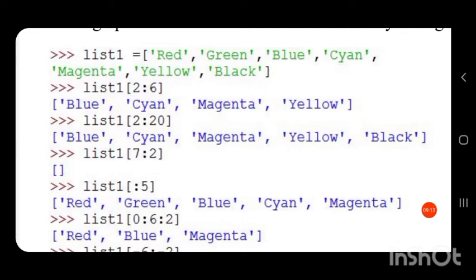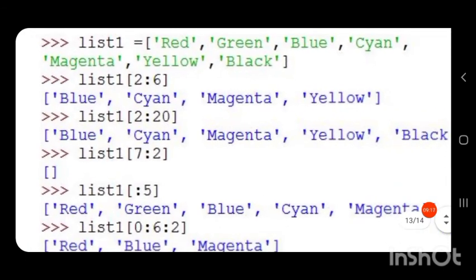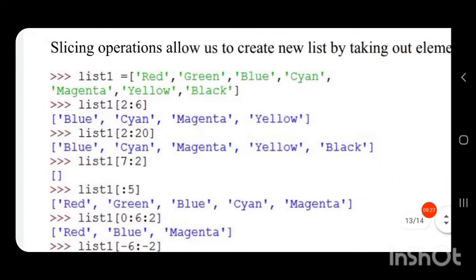After 6 no values are there. So if we give out of bound values for stop, then it will consider all the values from the starting position to the end of the list.